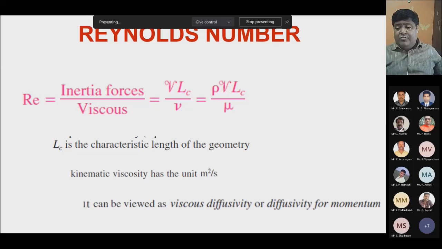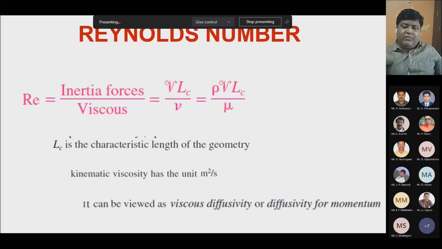velocity. Momentum is again the force. We talk about Newton's second law, F is equal to ma: mass into acceleration, mass into rate of change of velocity. So when there is diffusive momentum, it means that between adjacent layers, a lot of force is exerted by one layer on another layer, due to which the fluid cannot move freely, because of which we have to apply more pumping power to push it.